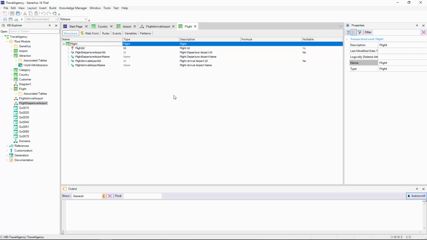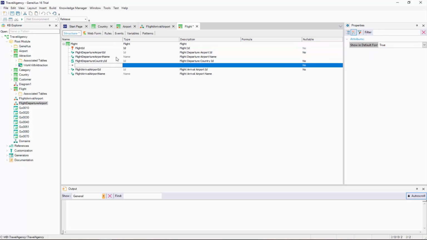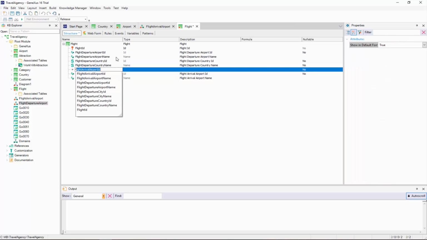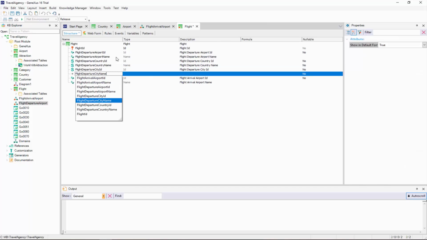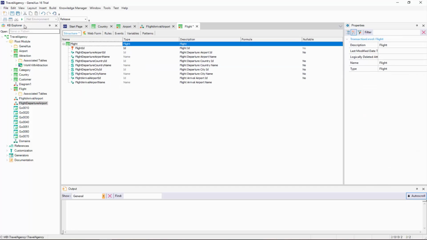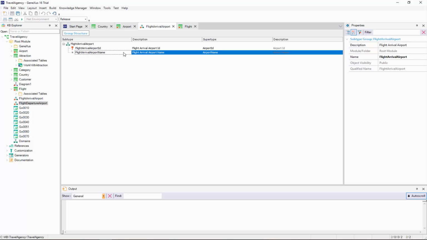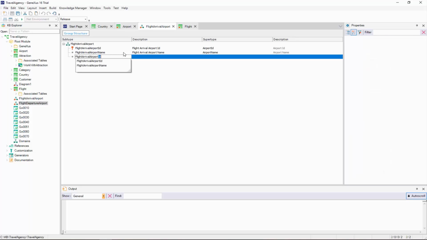We now save, and we will also add these new attributes to the structure of the flight transaction. We save again, and we go on to do the same for the other group of subtypes.